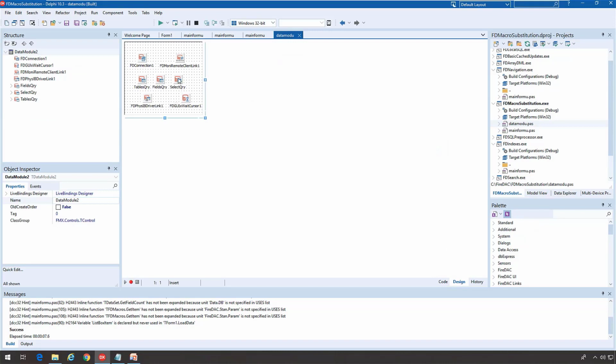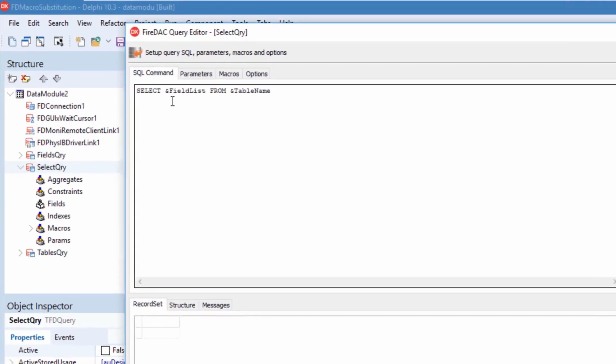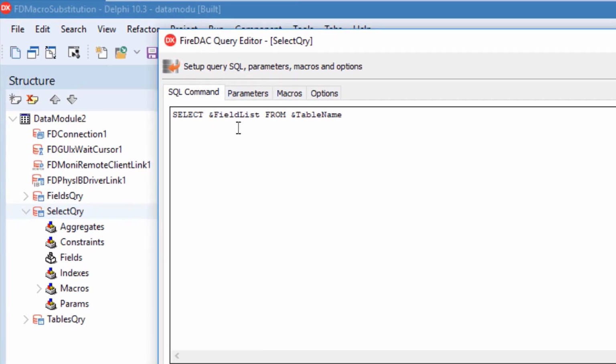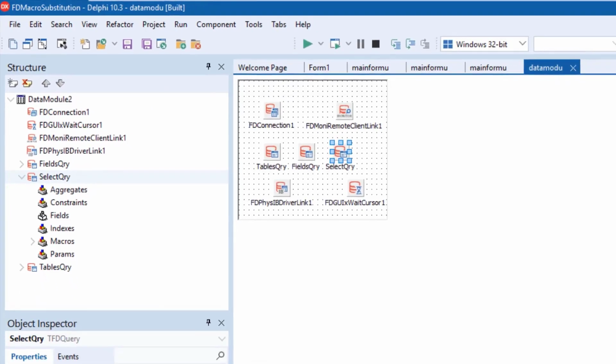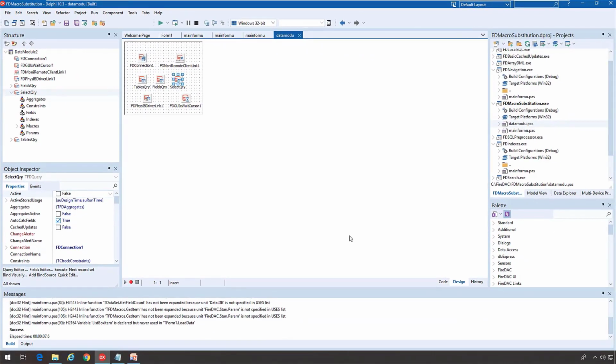And here's my select query. I'm bringing up the FireDAC query editor, and it just says select &field list from &table name. So all I have to do is assign the table name and the list of fields to these two macros before executing, and it will execute a statement that in this case is a valid SQL statement. So that's an example of the